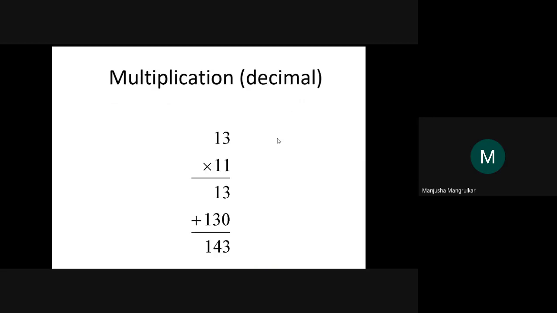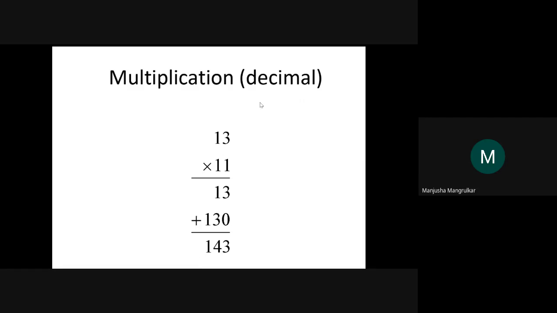Multiplication. The third step of arithmetic is multiplication. So 13 into 11, how will we do it? We have learned this in childhood. So 1 is multiplied with this. So 1 into 3 is 3. 1 into 1 is 1. Then we leave one LSB bit. Again this 1 will be multiplied by 3 and 1 will be multiplied by 1. So 13. And then we'll add. So 3 plus 4, and 143. So this is the process to do the multiplication.